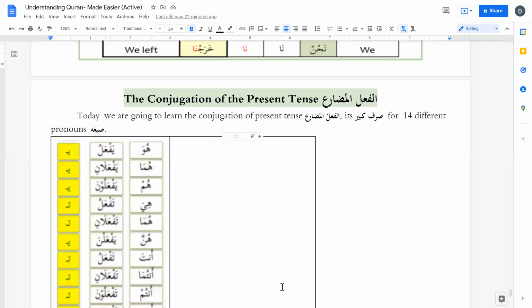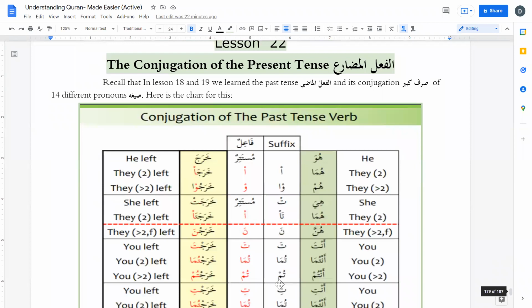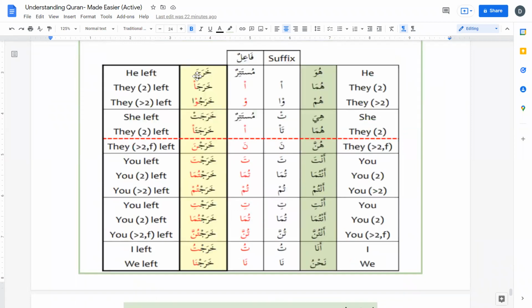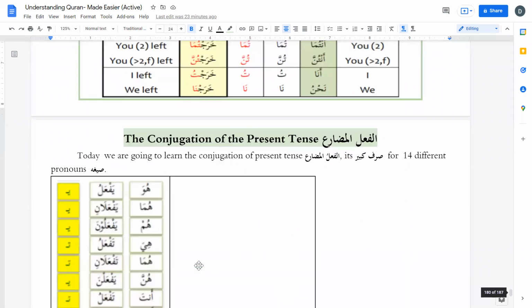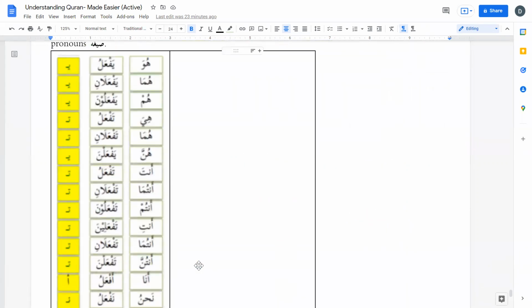Just like past tense, like kharaj, we have a conjugation that goes like this: kharaja, kharaja, kharaju, kharajat, kharajata, kharajna, kharajta, kharajtuma, kharajtum, kharajti, kharajtuma, kharajtunna, kharajtu, and kharajna. The same way we have 14 conjugations for fi'l mudari, and this is